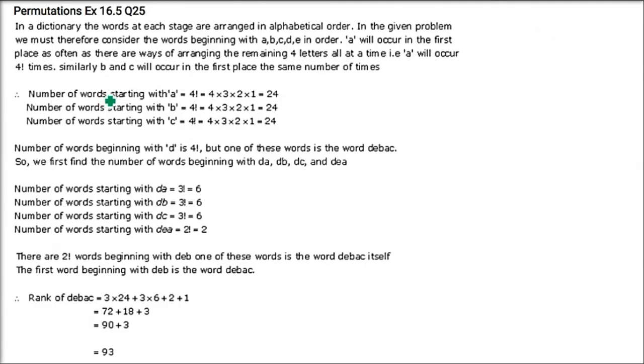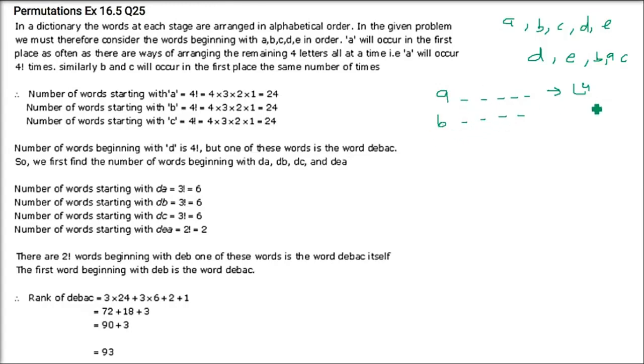If the permutations of A, B, C, D, E taken all together are written down in alphabetical order as in a dictionary and numbered, find the rank of the permutation DEBAC. So DEBAC. When will D come? First A you fix. First of all, A will come. So there are 4 possible arrangements, 4P4. Now you fix B. Same thing, 4.